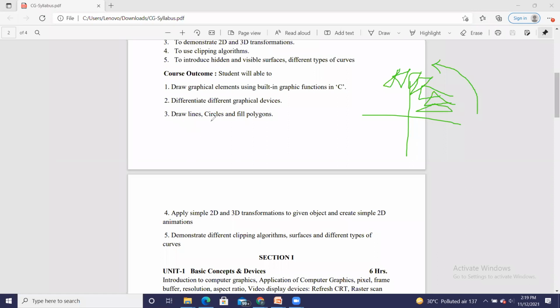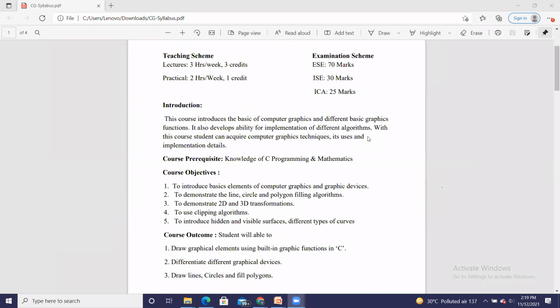Already we have completed drawing lines. Drawing a circle and filling a polygon, we will see in the next practical. After the end of chapter number 3, you are going to achieve outcome number 4. Now this subject does not have any external practical.